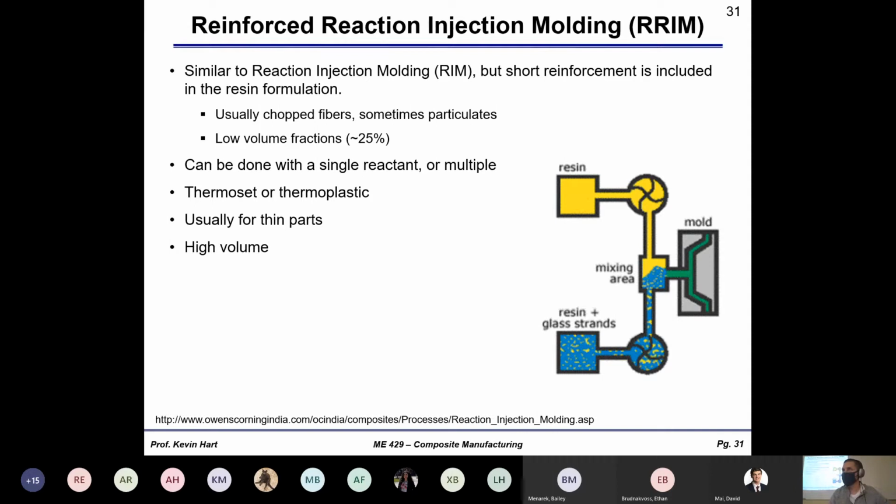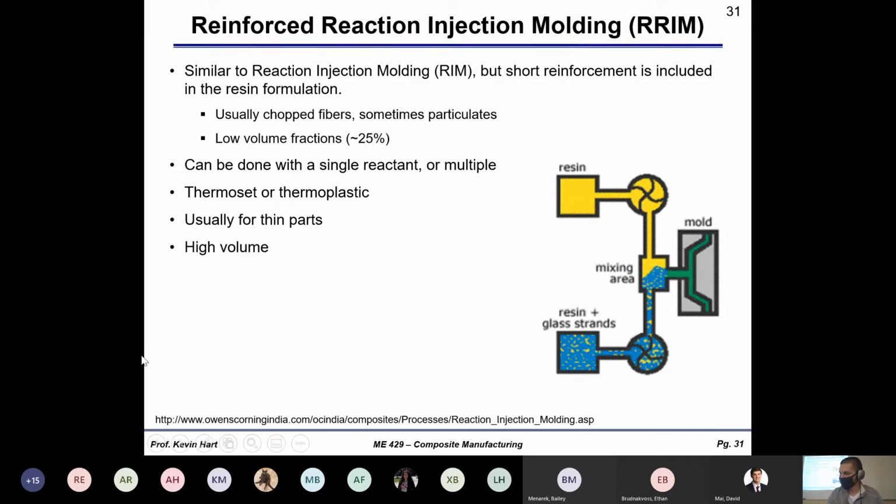And this is typically done with short fibers or particulate reinforcement, where you have the particulates or the short fiber in one of the two resin components, and that gets mixed together with, let's say, the hardener, and that's all injected as one. So you're actually injecting the reinforcement alongside the resin into the closed mold. So the problems here